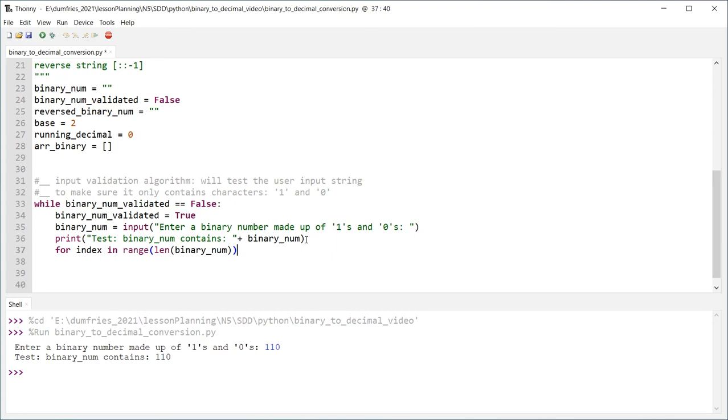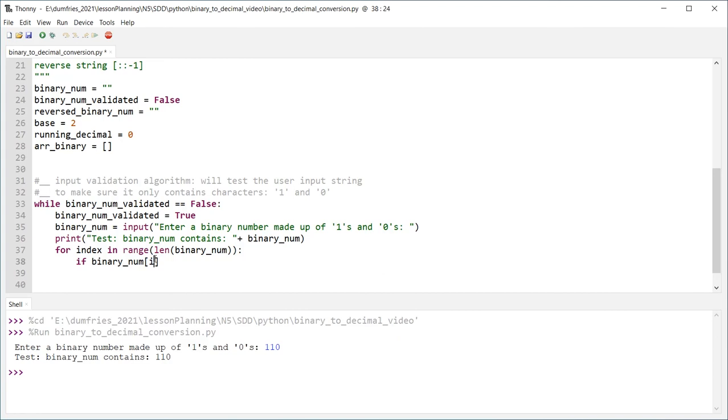It's kind of like an array of characters, and at each location within that string we're going to test the character. So we say if binary num, and we use the square brackets for each character,